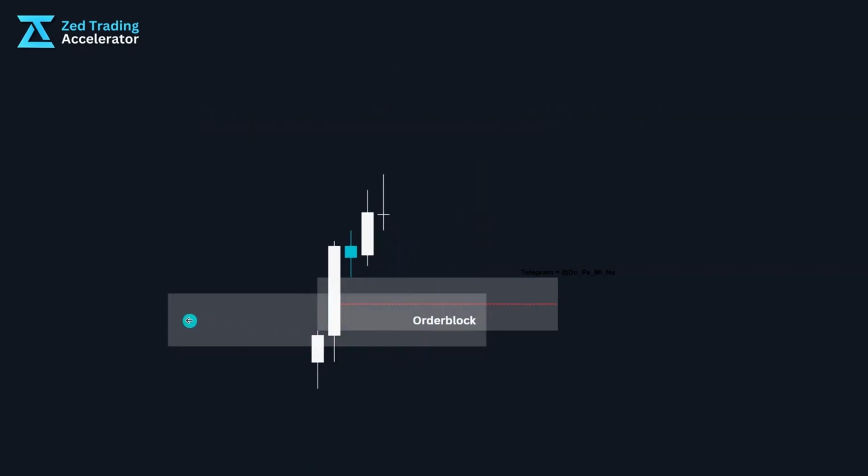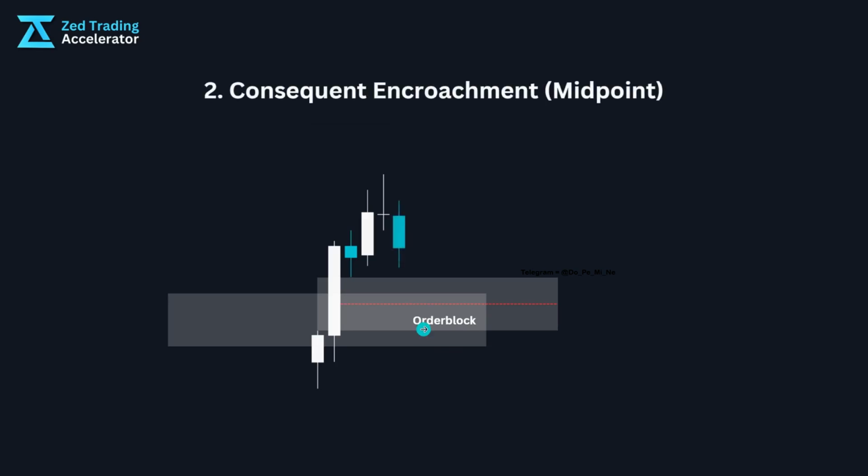Alright, so for example, we have an overlapping fair value gap and order block. So the price will most likely just reach back down in this area with the overlapping order block and fair value gap, since it is a very strong support. Why? Because we have two overlapping lines of defense. Yes, that's correct. We have two overlapping lines of defense, fair value gap and the order block.